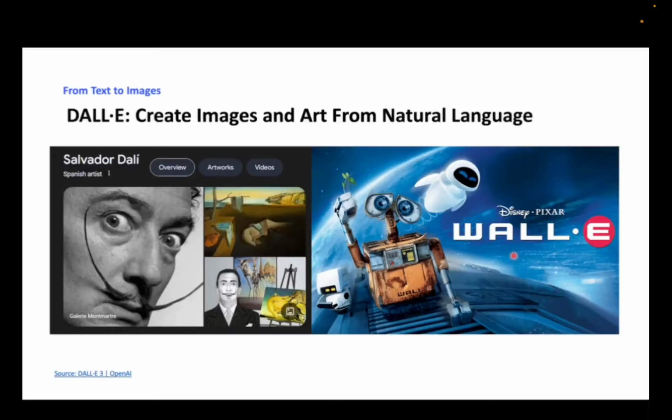DALL-E is named by combining Dalí and WALL-E, which is to combine the human artist's work with robotics. Because the function of DALL-E is to create images and art from natural language instruction by artificial intelligence.